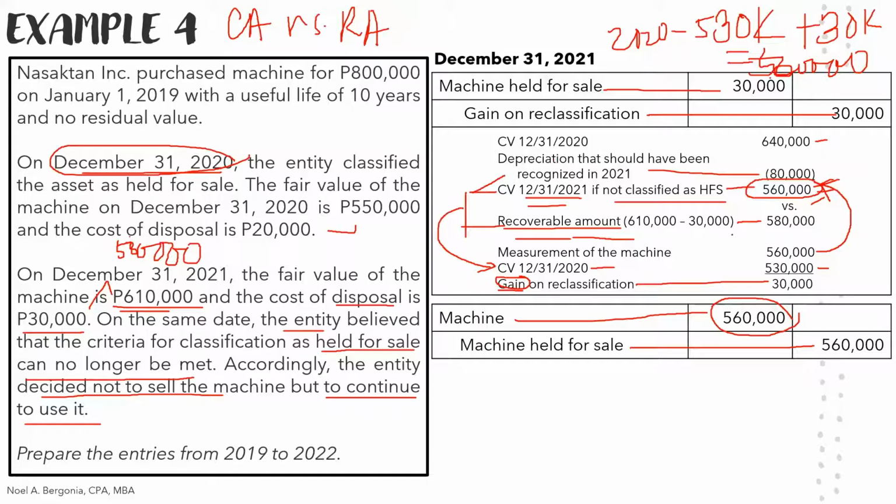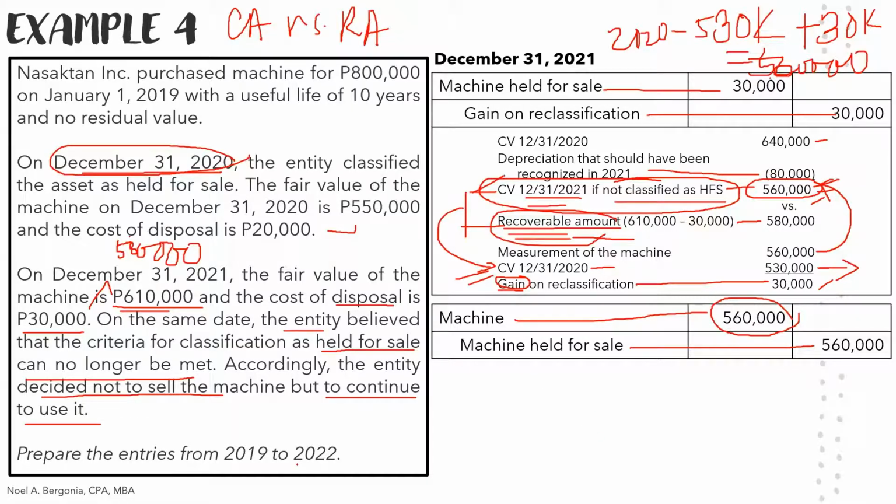So kapag mas mataas yung ating valuation compared with the recent na carrying value available sa atin, then there is a gain. Pag mas mababa yung the measurement based on the lower between the carrying amount and recoverable amount kesa sa carrying amount as held for sale, then we will have a loss on the classification. Basta ang itatransfer natin doon sa ating asset, okay, for continuous use na or yung original na pinanggalingan natin should be the lower between the carrying value without held for sale classification at saka recoverable amount.